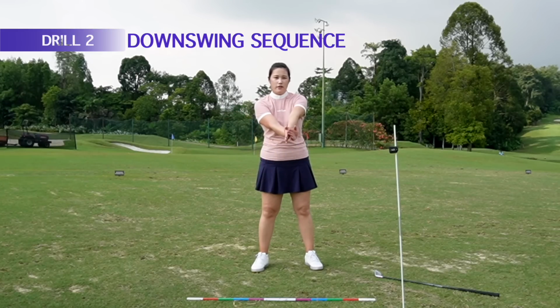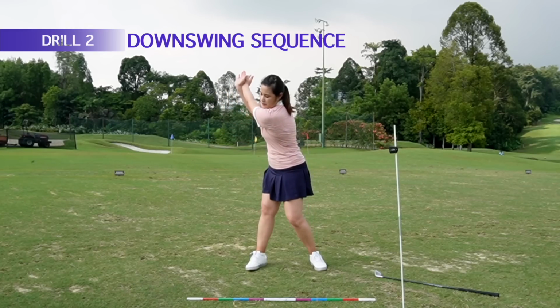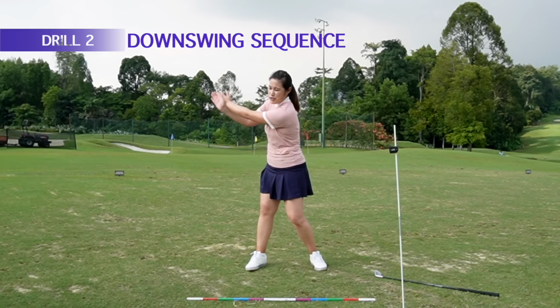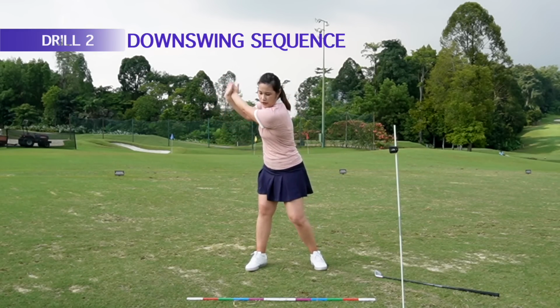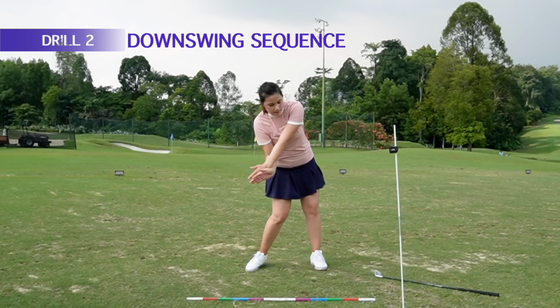Put your right hand under your left hand, okay? Right hand under your left, and then get to the top of the backswing. Your right hand is going to restrict the left hand from coming down, right? At this position, I want you to focus on starting with the lower body first, okay? Lower body. So from here, my knee goes first, and then my hip, and then my upper body, and then